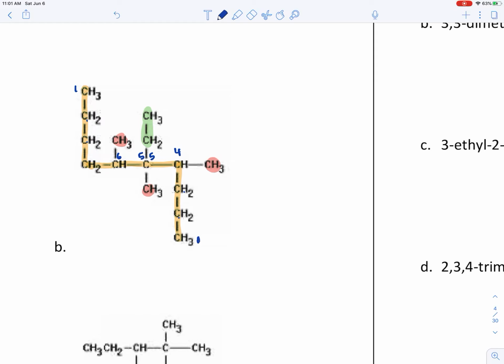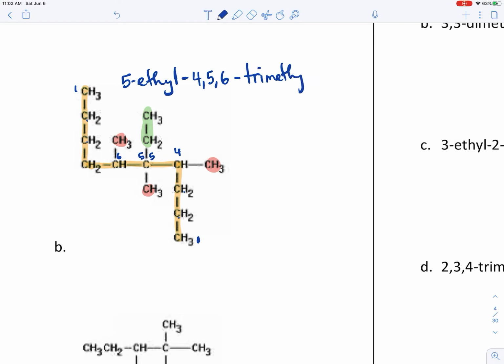We'll put the ethyl first. So the ethyl's on carbon 5, so this will be 5-ethyl. And then we have 3 methyl branches, and we have to say where they all are. So the methyl branches are on carbons 4, 5, 6. And then there's 3 of them, so we have to use the prefix